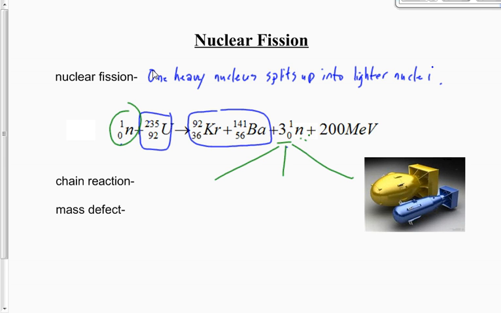That produces 3 more reactions, which produces 9 neutrons. And then those 9 neutrons cause 9 more reactions, which produces 27 neutrons. And then those 27 neutrons produce 27 reactions, which produces 81 neutrons. And then 243, and then 243 times 3, and so on. This reaction grows exponentially in a fraction of a second, so that you get what we call a chain reaction, this self-sustaining reaction,